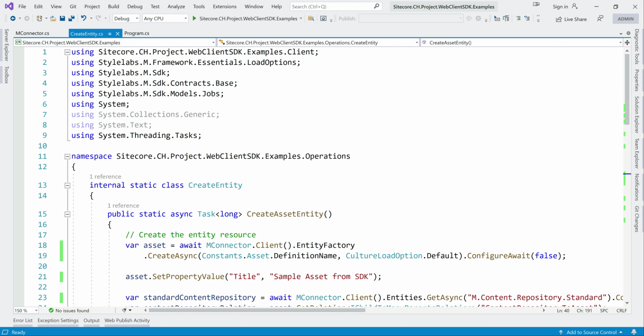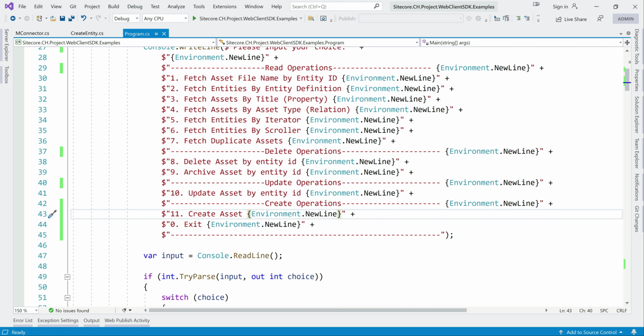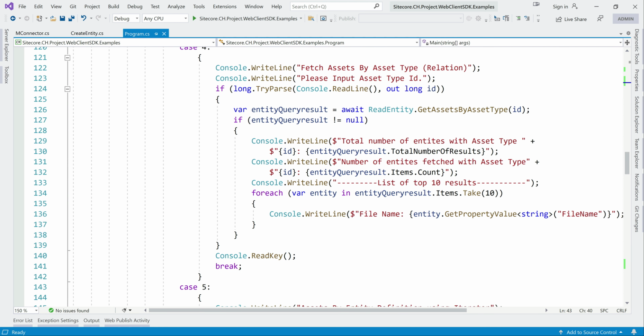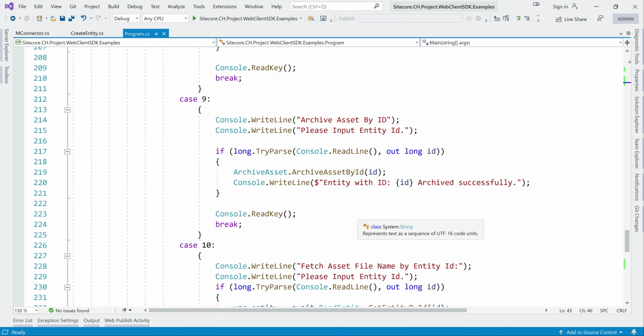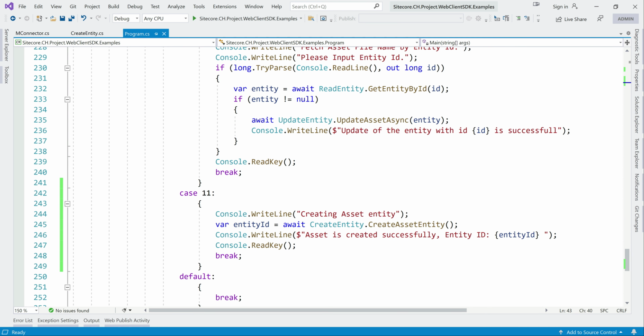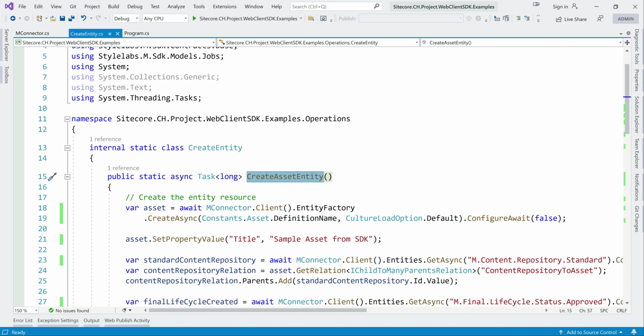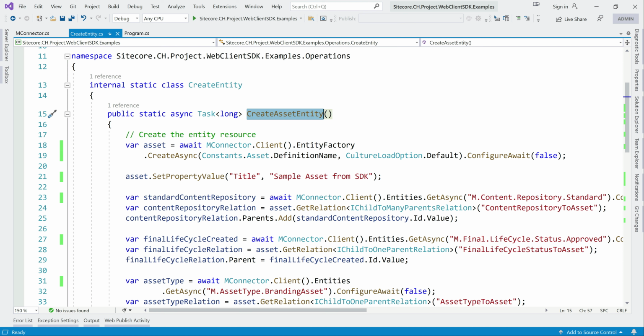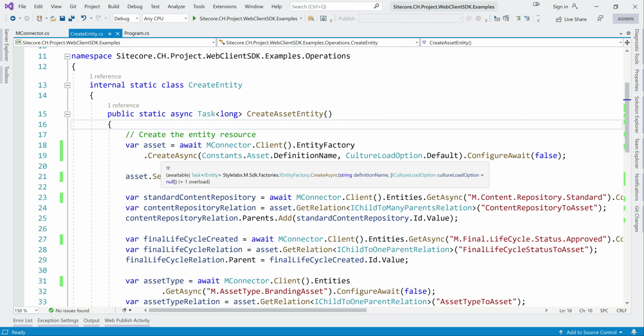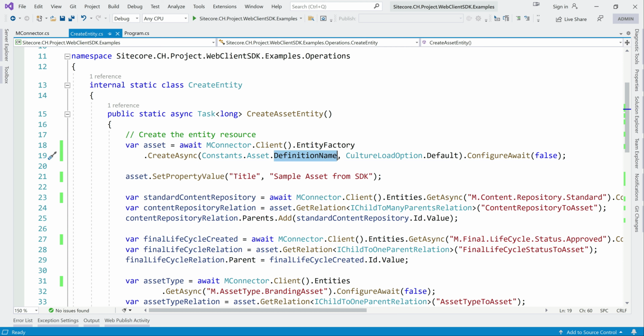Let me go to program. Here it is the 11th option. If you go to case 11, there's nothing here, just creating an asset entity. I'm just calling create asset entity. If you go here, first we are calling create async by passing the definition name, which will be M.Asset.